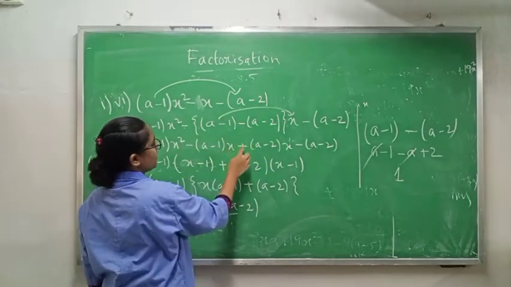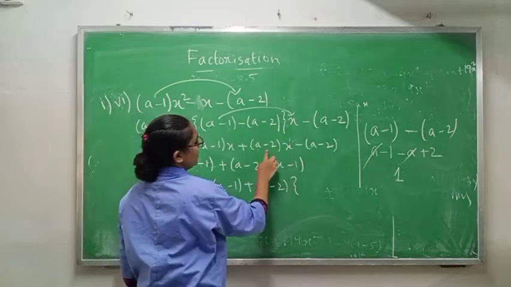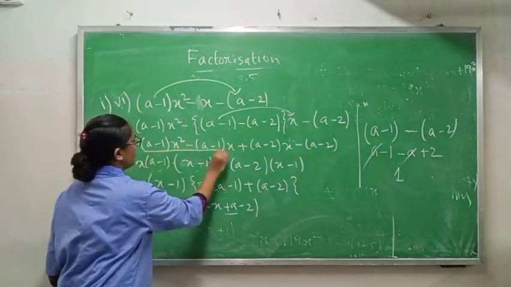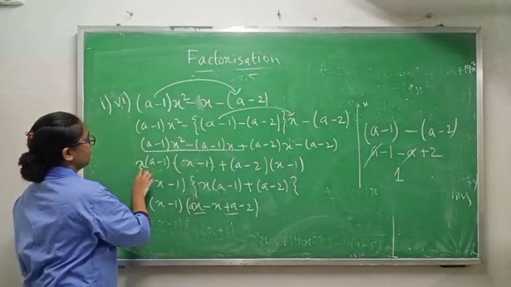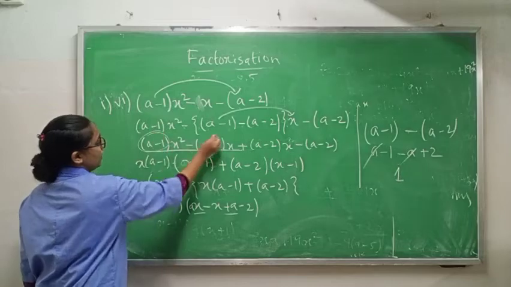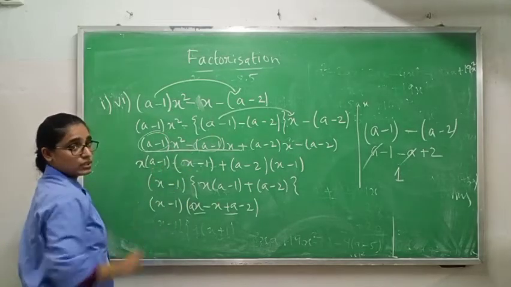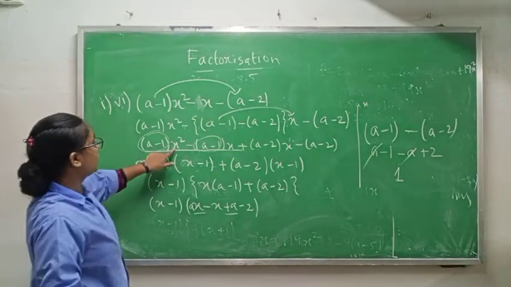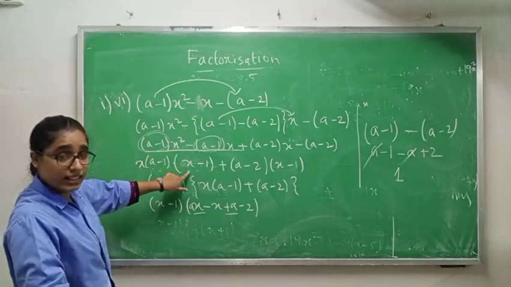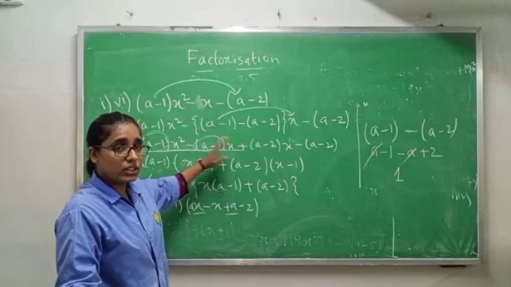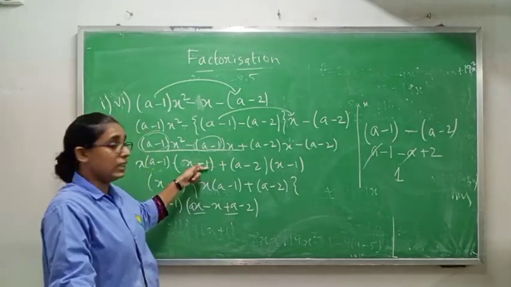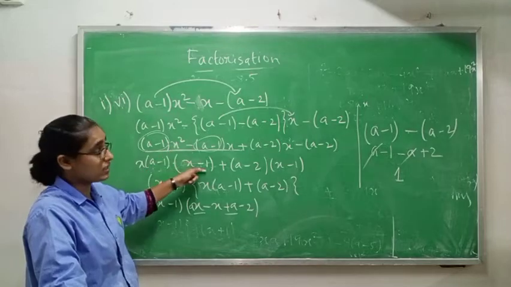Then minus minus plus a minus 2 into x, a minus 2x, then minus a minus 2. Now from these two, what is common? x is common, I am taking x common. Again a minus 1 is common, I am writing a minus 1 common. What is left? Here you have 2x, you have already taken 1x common, so 1x is left. Here you have taken all the things common, a minus 1 as well as x, so minus 1 is left. Why minus? Because we have a minus sign.